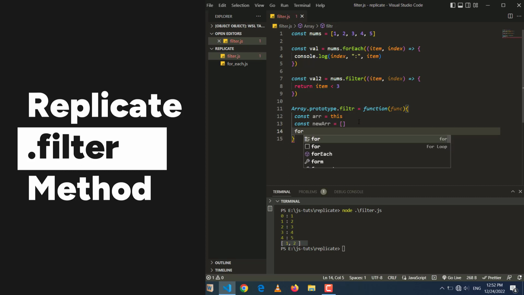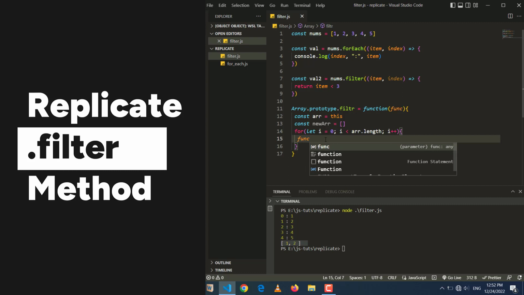So now let's do our for loop. Let i equal 0, i less than arr.length, i plus plus. Okay, so for every item we need to actually call the func and see what will be returned. First let's just call the func with the item and also its index, right? Calling this should actually return either true or false. So we are going to check whether this returns true or false. If it returns true, we are going to push this item into the new array,